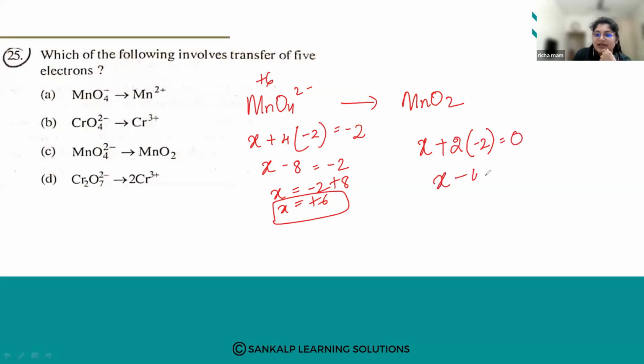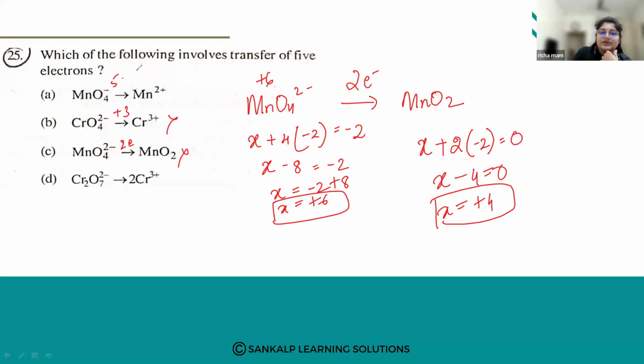So this is x minus 4 is equal to 0, x is equal to plus 4. So here, how many electrons are transferred? 2 electrons. Right, so this is also not correct. This is also not correct. Here, how many electrons were there? 3 electrons. Here, 2 electrons. Right. And here, 5 electrons. Right. So similarly, if you want to check for